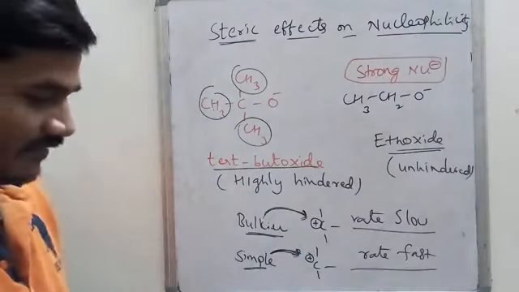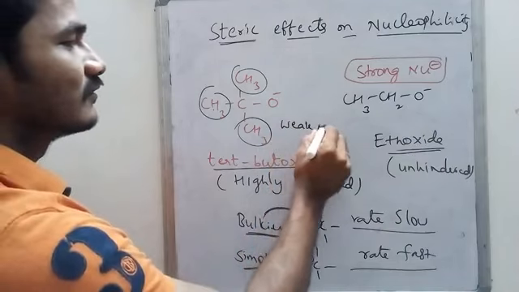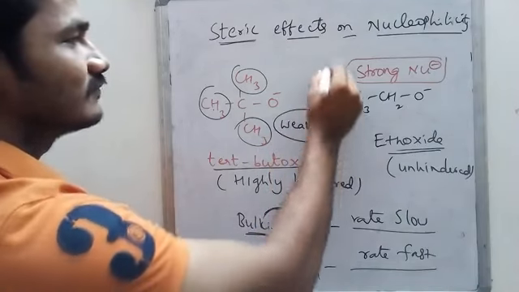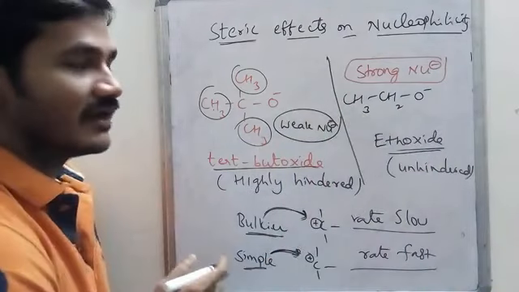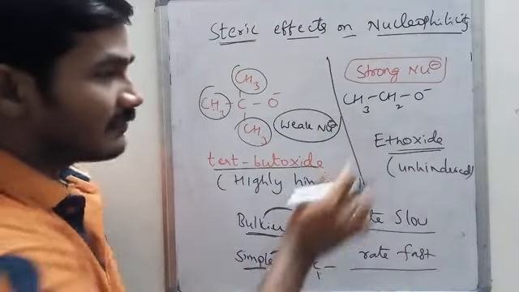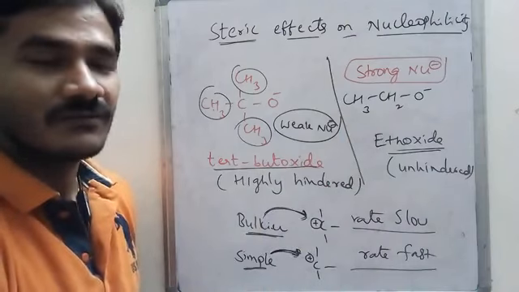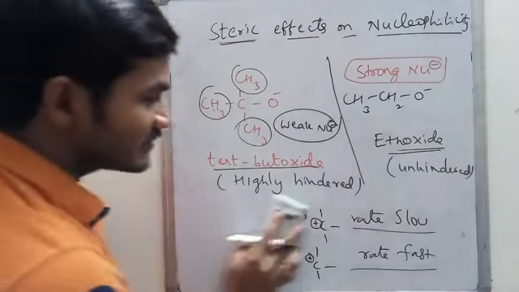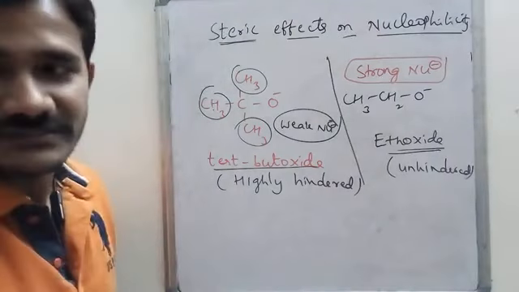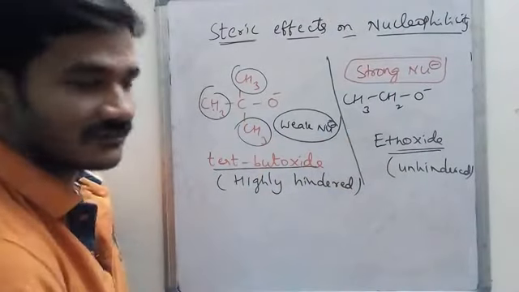Strong nucleophile. Whereas what about this? Weak nucleophile. Okay. This is strong nucleophile. This is weak nucleophile. And what about the basic nature? Can you tell me among these two, which is strong base, which is weak base? To explain about the acidic nature and basic nature of these two examples, this is tertiary butoxide, this is ethoxide.